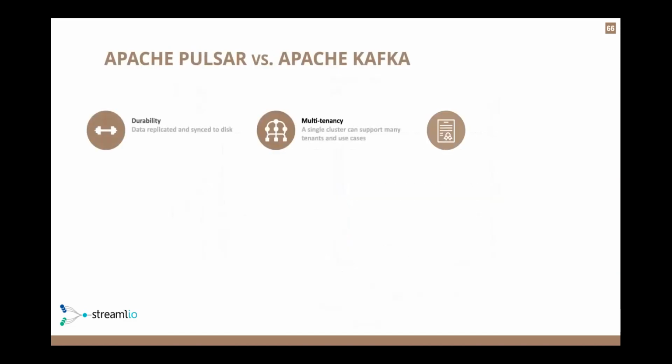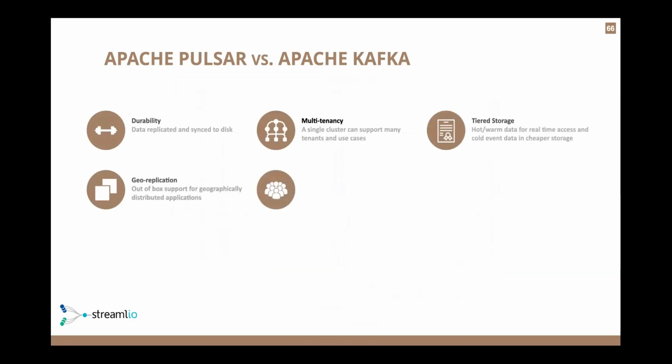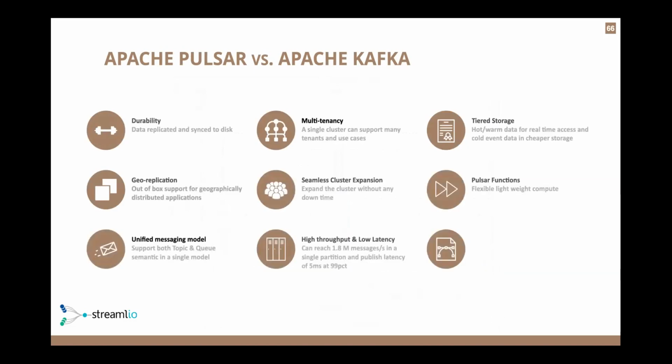So let's talk about some of the different comparisons, now that I've talked about them before. Let's just summarize, us versus them. Again, durability, I've stressed that point quite a bit. Our data is replicated automatically and fsync'd to disk. Theirs is not. They have a backdoor mechanism that tries to keep it synced up, but there is a scenario where you can lose data.